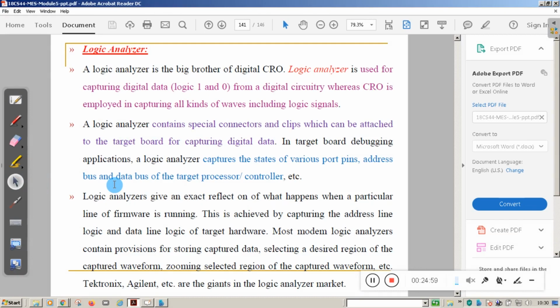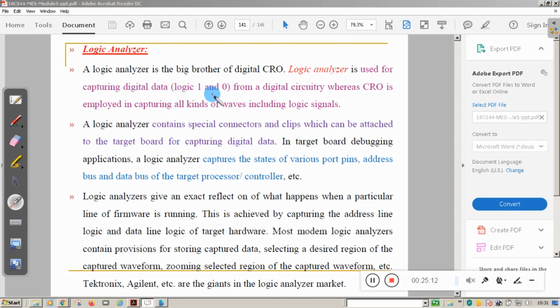Next one is the logic analyzer. A logic analyzer is the big brother of the digital CRO. A logic analyzer is used for capturing digital data like logic 1 and logic 0 from digital circuits.